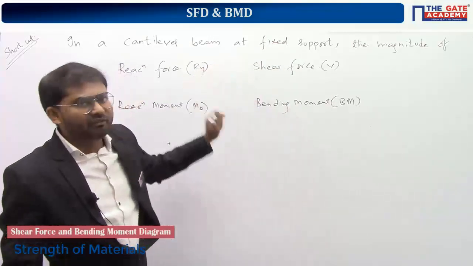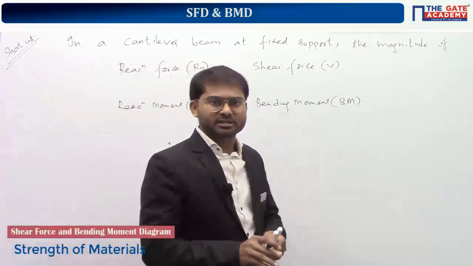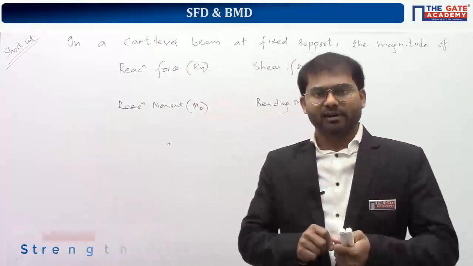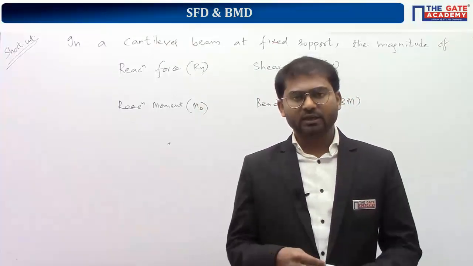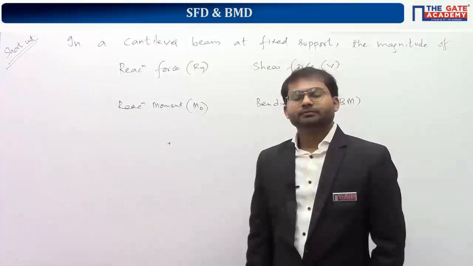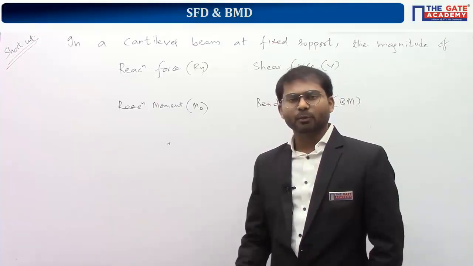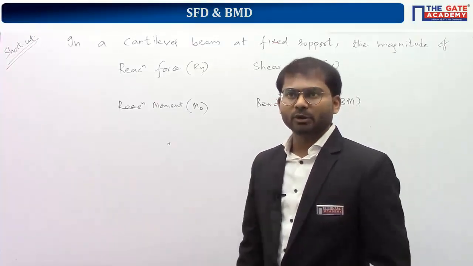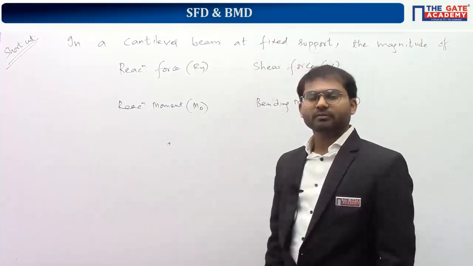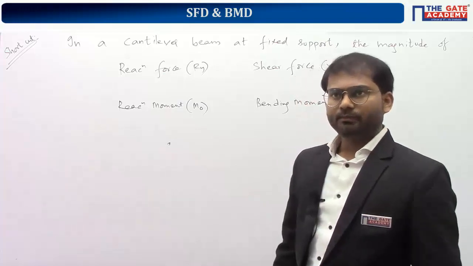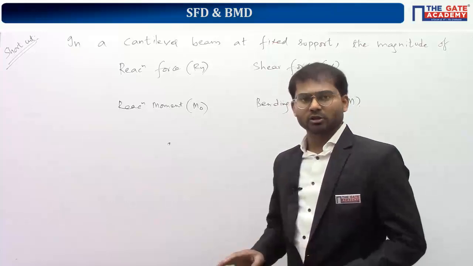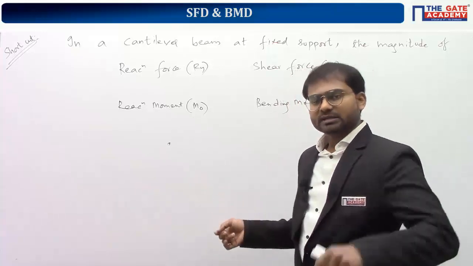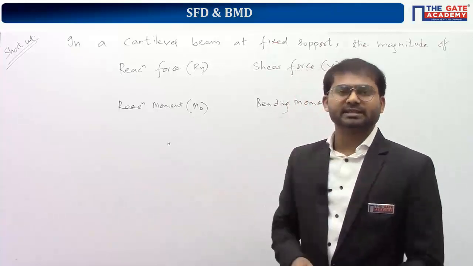What is the value of Ry for the first example? Turn your pages, see the first example, tell me the value of Ry. So the first example is a cantilever beam with point load at the free end. What is the value of Ry at the fixed support? I'm asking magnitude. W, very good. What is the value of shear force? So shear force is equal to W also. Understand? Both are same. Same thing, do the comparison with the second example.